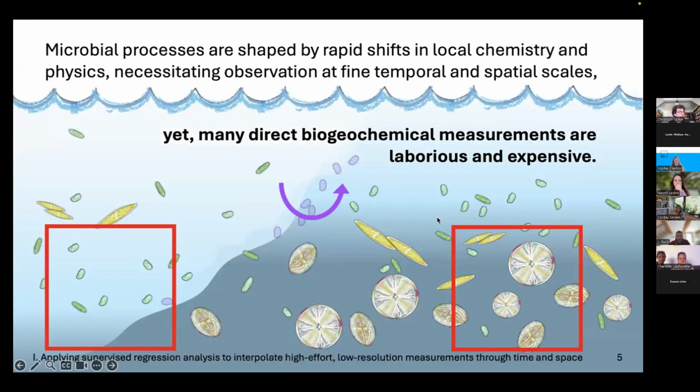Consequently, we can miss episodic biogeochemical features like this purple hotspot I'm showing at the front in this image. And if we're integrating measurements through time and space, we may end up under or overestimating masses or flux rates, and by extension of the latter, potentially geochemical budgets. We may also struggle to assess environmental drivers of microbial metabolism due to scale mismatch and small sample sizes, which can limit the statistical tools we can apply during data analysis.